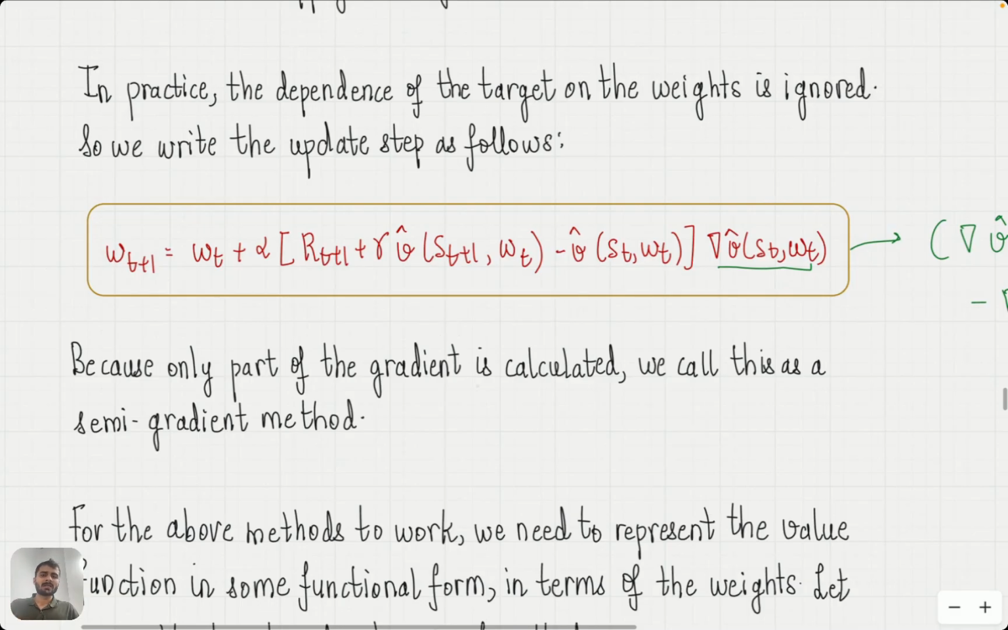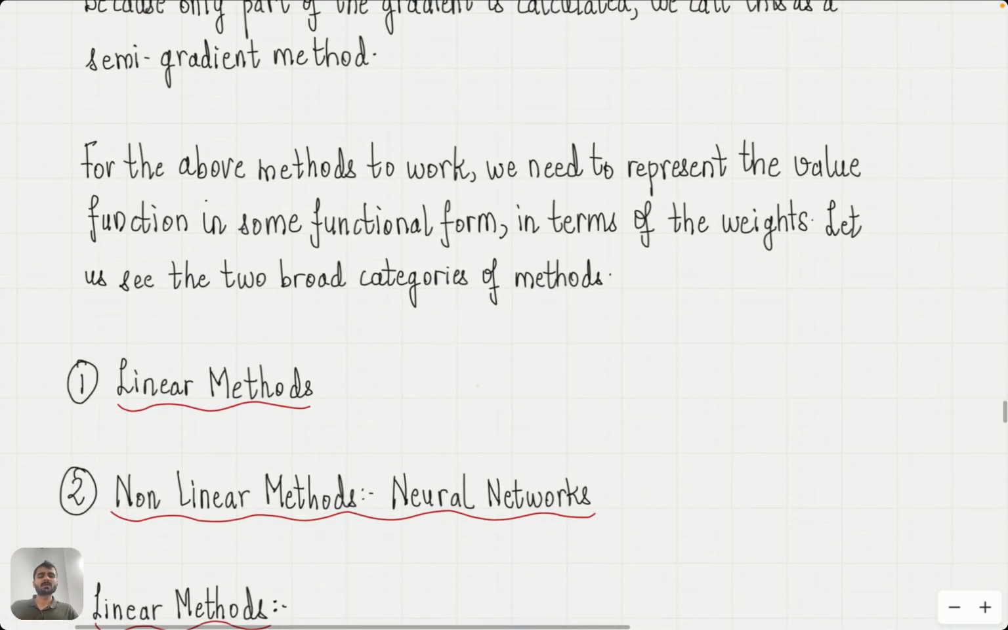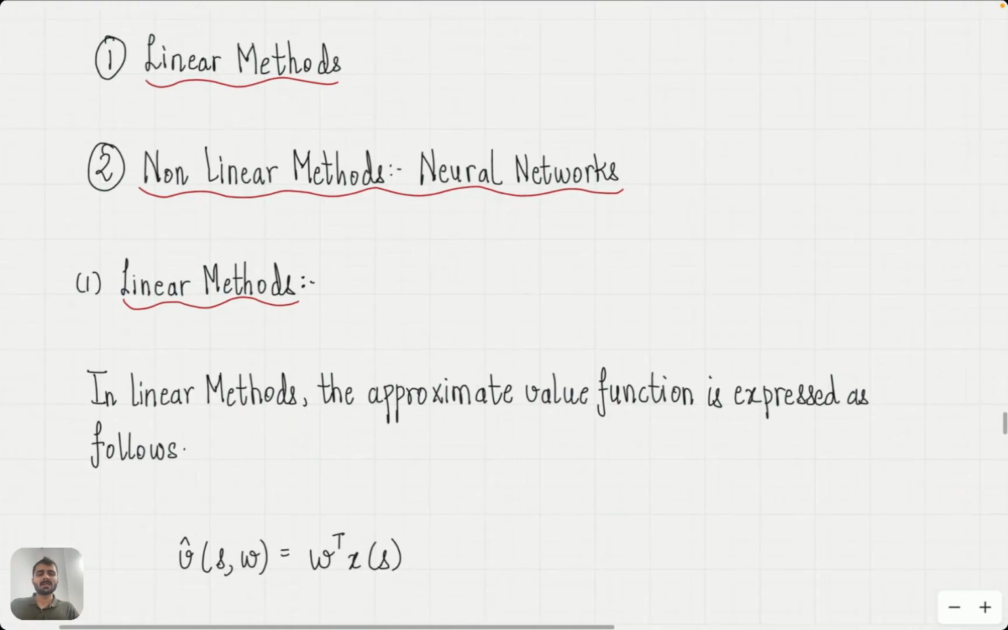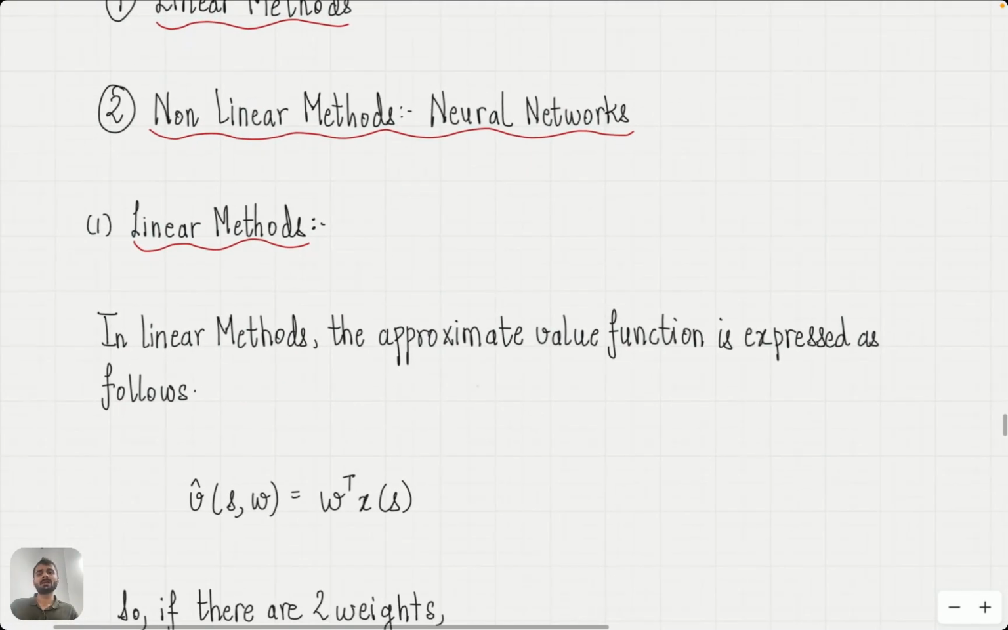Let us understand that there are two methods broadly speaking. The first are a type of methods which are called linear methods, and the second are called non-linear methods, which use neural networks. The linear methods, as the name suggests, use a very simple function to represent the value function. And this function is given by